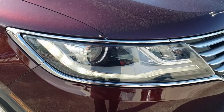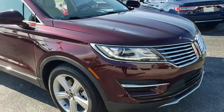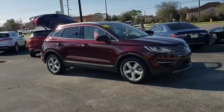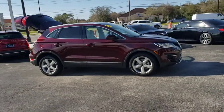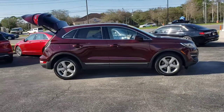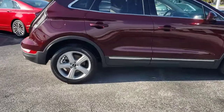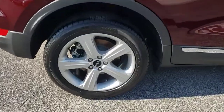You'll have love at first sight with the 2018 Lincoln MKC. With less than 30,000 miles on the odometer, this vehicle stands out from the rest. Take a closer look at this elegant Lincoln MKC, the compact premium SUV that blends luxury and versatility with sleek